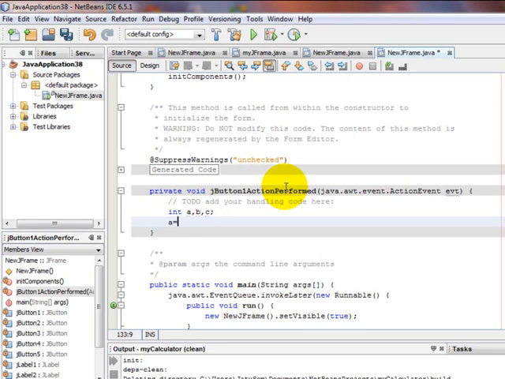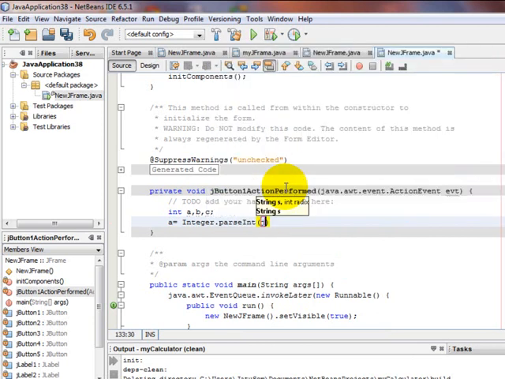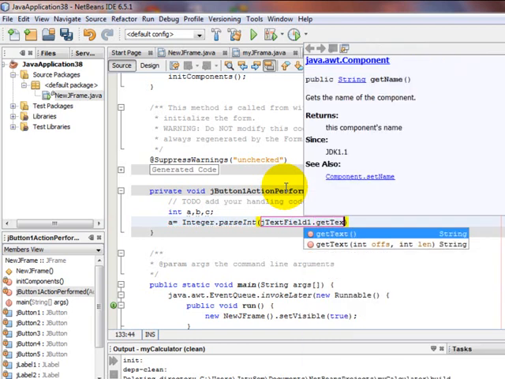So I shall write here a equals wrapper class Integer. In the previous lesson we discussed the wrapper classes, what is the meaning of the term wrapper class and why they are required. Basically we want to convert the text, the string, into numeric, so that's why we are taking the wrapper class here, and the parseInt method is being used. So it is jTextField1.getText,